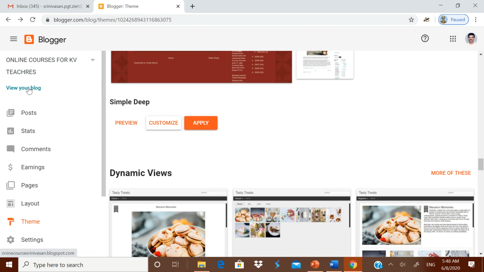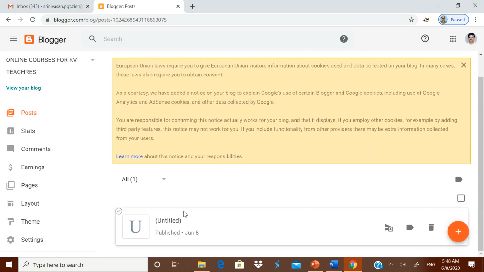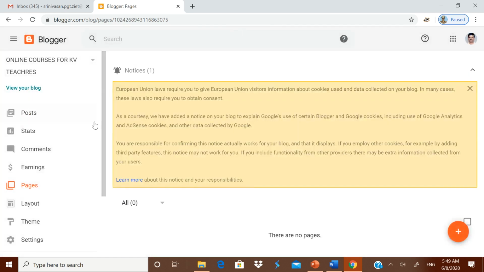Now I am coming back to this post once again. I have already done one post. You can once again revert this to draft. You can apply labels and publish whatever you want. You can open it also. Those are the pages. If you just open it, it will open.